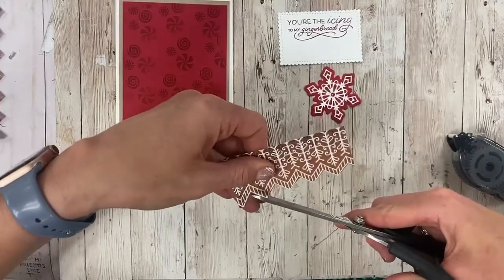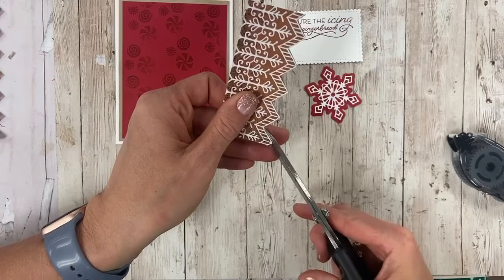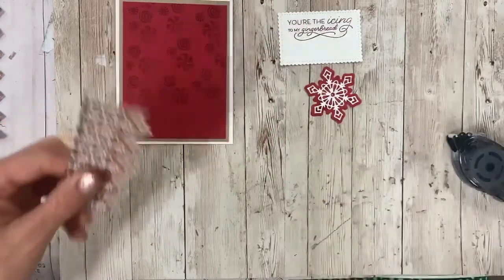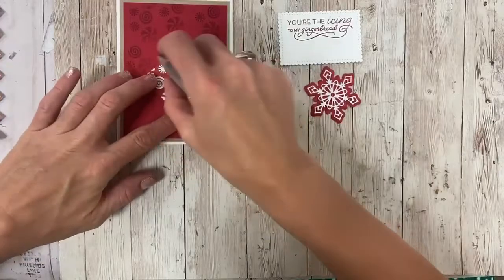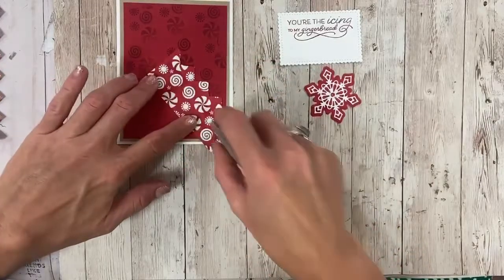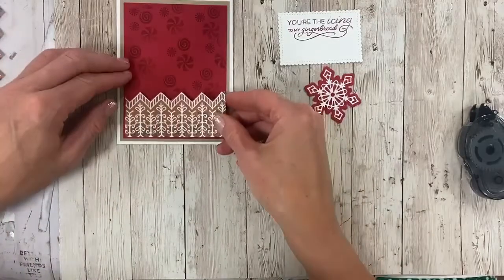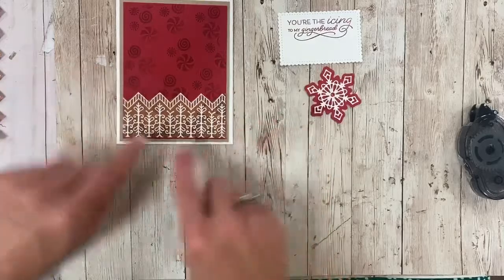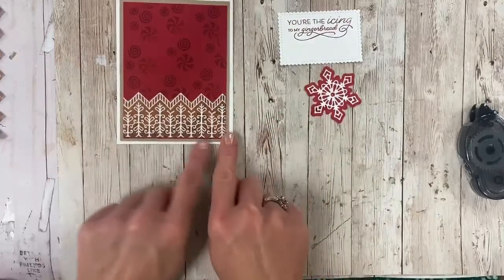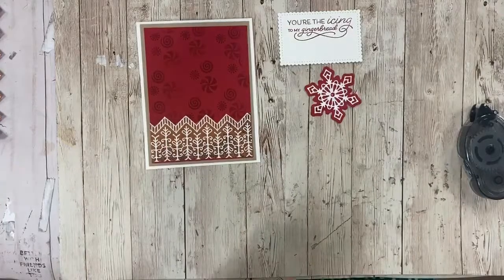Look at this. Holy moly. Yeah, you guys may not see it, but I can see it. Okay, so here we go. We're going to attach that at the bottom. You have those fun little peppermints on the other side. So you could save the rest of the paper for another project, or you could even make more cards. And what I did is I left a little red